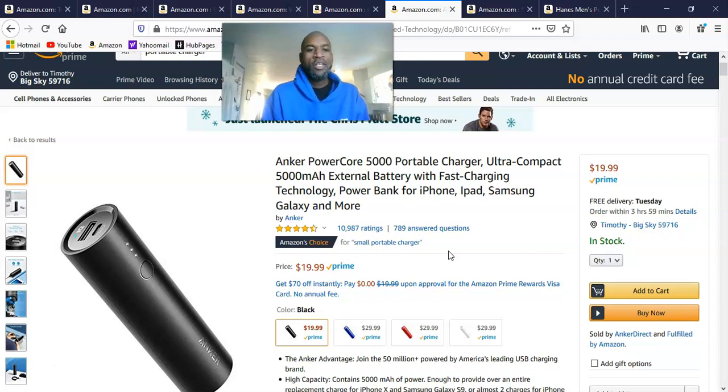That way, your phone's not going to run down, or your iPad or whatever, your tablet, whatever. There are charging stations in the station, which are usually your best bet for charging your phones. But if you think about it, thousands of people come to those stations every day. That's a lot of plugging going in and out. A lot of those banks, half of the time, don't work. A lot of times the plugs are reamed out. You plug your plug and it falls out. A lot of times they're in weird places where you really don't want to stand next to 5 other people